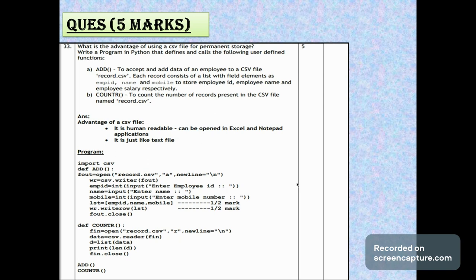Now, another question is: write a program in Python that defines and calls the user-defined function add to accept the data of an employee to a CSV file record.csv. Each record consists of a list with field elements as employee ID, name, and mobile to store employee ID. So basically, in this, we will import csv, then we will define the add function, and then we are